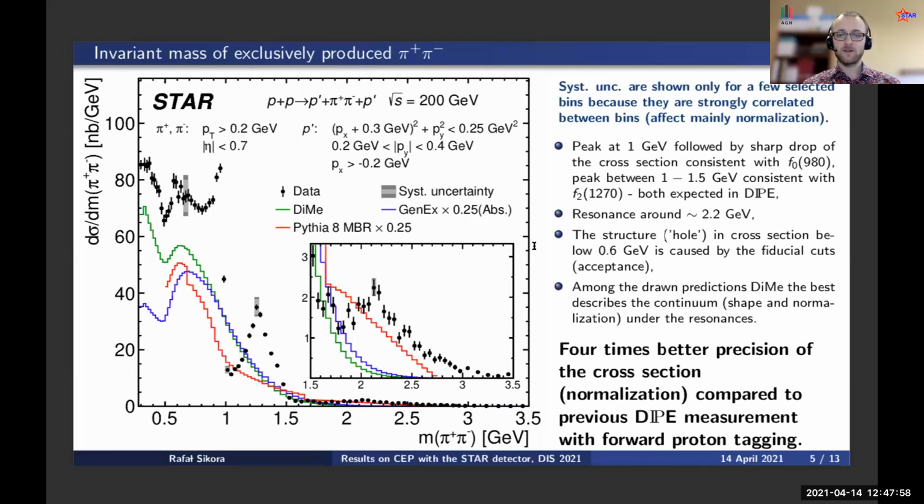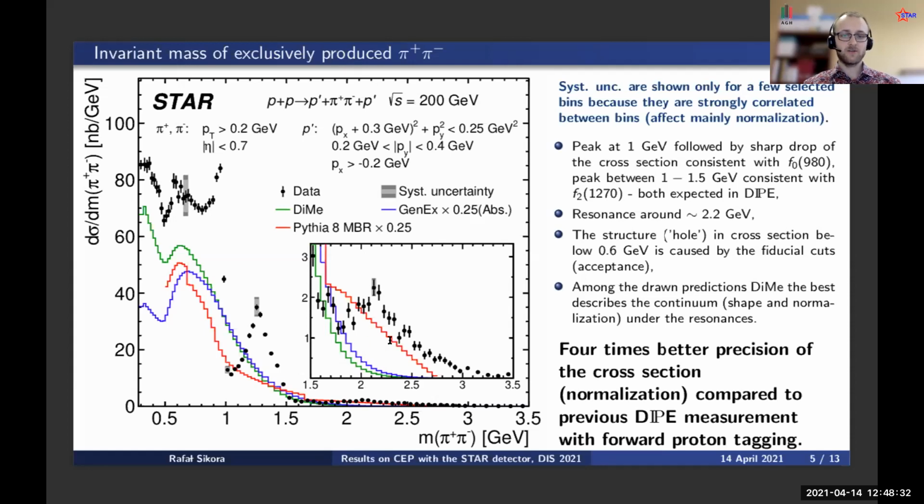That was done by the ISR at the ISR collider. Now moving to the distribution, to the cross section, there is a dip around 0.5 that comes from the fiducial cuts. So this is acceptance effects. Then we have a peak at 1 GeV followed by a sharp drop that we attribute to F0 980 resonance. There is a peak between 1 and 1.5 that we attribute to F2 1270 resonance. And then we see a resonance-like structure around 2.2